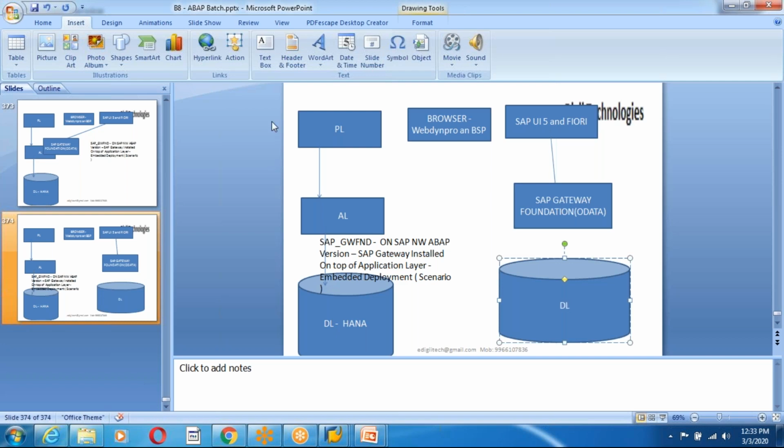Database layer. So here I have only my SAP application, but here the gateway foundation is not installed on your ABAP layer. So this is a different server altogether. Two servers here. Suppose this I call a gateway front end server. This we call a gateway back end server, guys. This scenario we call it a